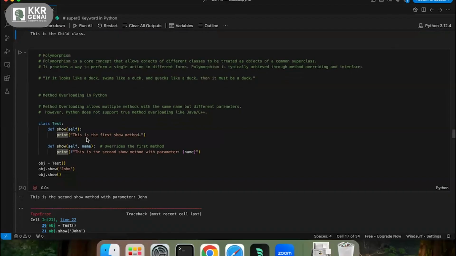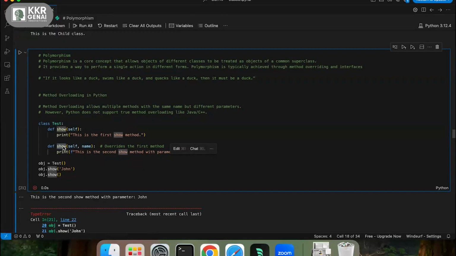You are involved in many roles, right? You are the person, you are the teacher, you are the parent to your children, you are the son to your parents, you are the boss in your college. So we are performing multiple roles. Similarly, you can have the same method name but perform different operations, and that is what polymorphism is.